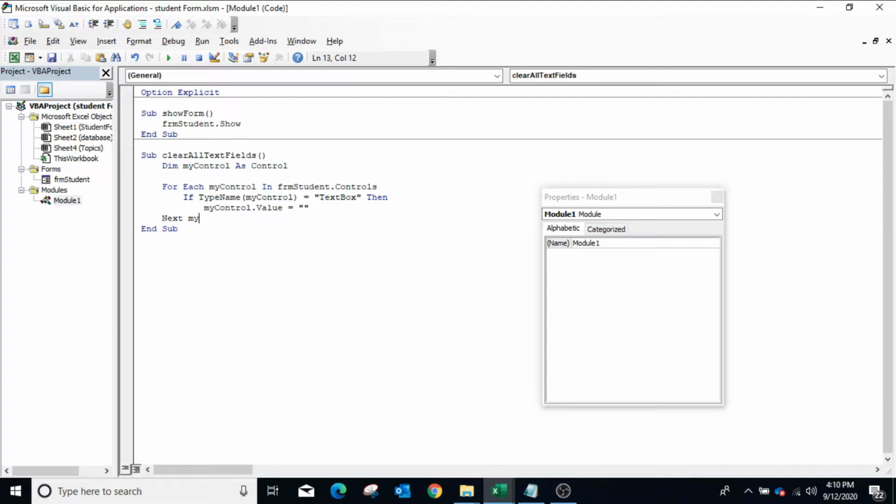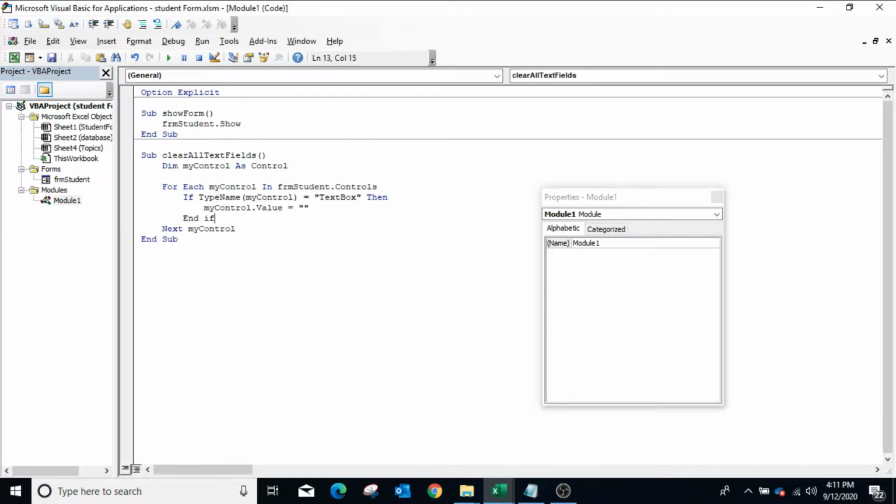In the end we can write Next myControl. Now this code will check the type of each control of the user form, and if it's a text box it will clear the value of the text box.